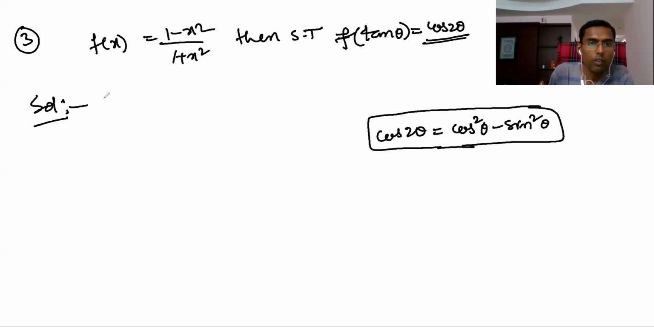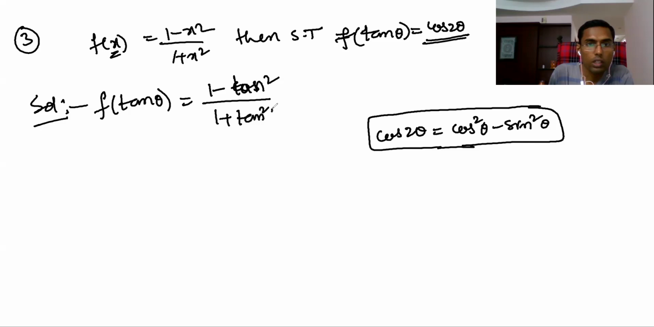Okay, then only you can understand this one. So now f of tan theta, equal to what you get? Sorry, x is what you have to put. You have to replace x as tan theta. So 1 minus tan theta by 1 plus tan square theta. So you know 1 minus tan square theta is what? Sin square by